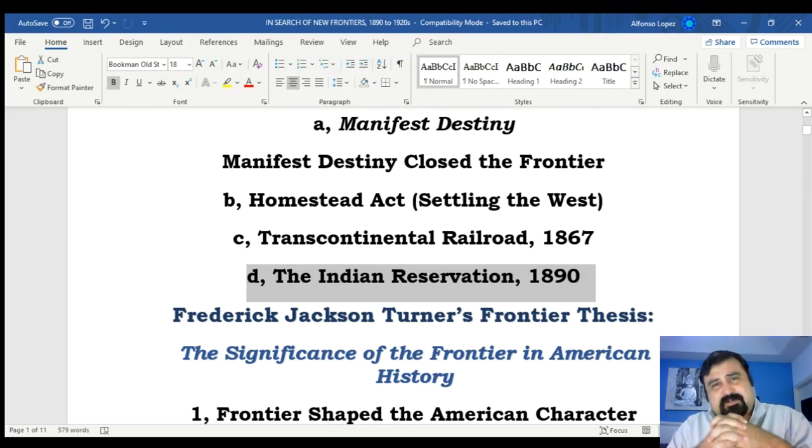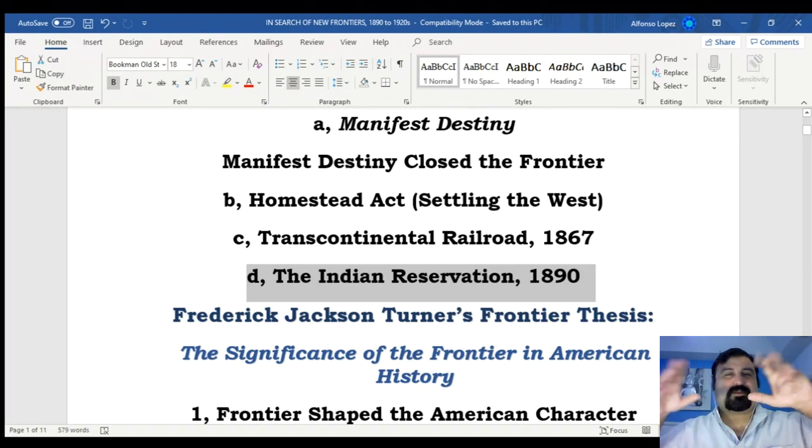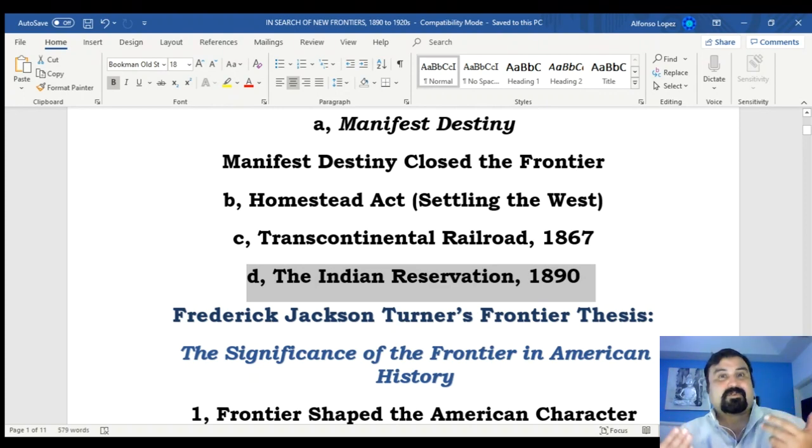So the coming of the reservation kind of took care of that issue, because now those Native American groups are moving into an area where they're going to create communities. So instead of roaming around, hunting and gathering and chasing buffaloes, they're going to create their own sedentary communities. They're going to develop farming economies, if you will. And so that eased the anxieties that people had in the past of having any confrontations again with